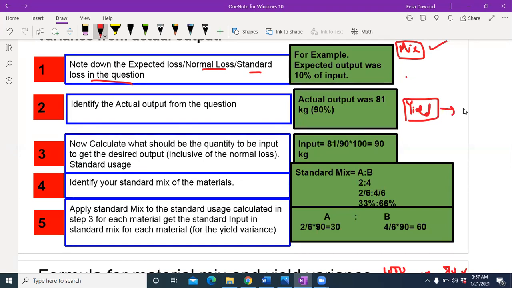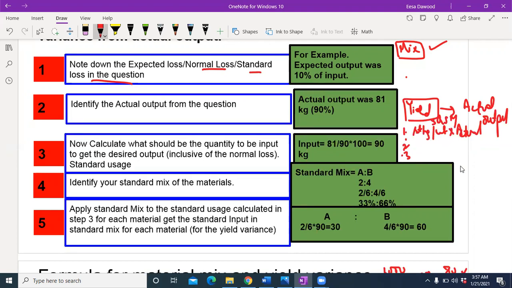Also, for example, you are given the actual output. Instead of being given a standard kg per unit to multiply with actual units and calculate the standard quantity and standard mix for each material, you're not given that.